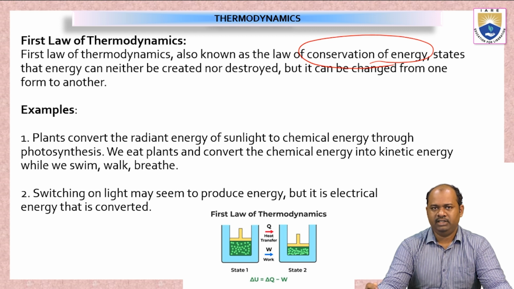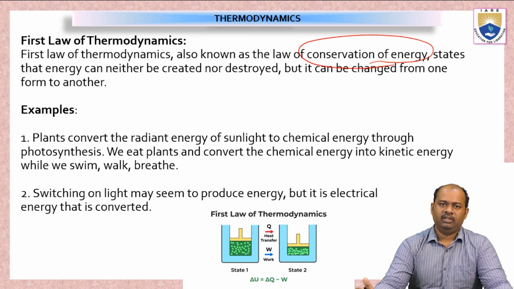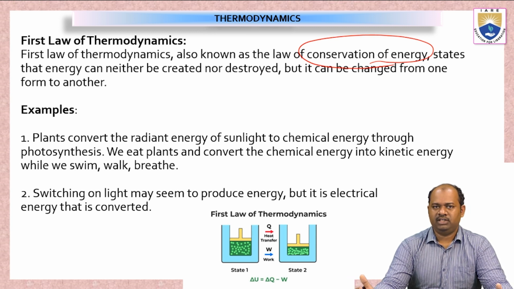So the radiant energy that is coming from the sun is first taken by the plants. It is stored in a different form, like in the form of chlorophyll. Now this chlorophyll is stored in the plant as green colored matter, and we use these plants for eating the fruits or vegetables. Now we will get some energy from these vegetables and fruits in the form of kinetic energy, and we will use this energy for